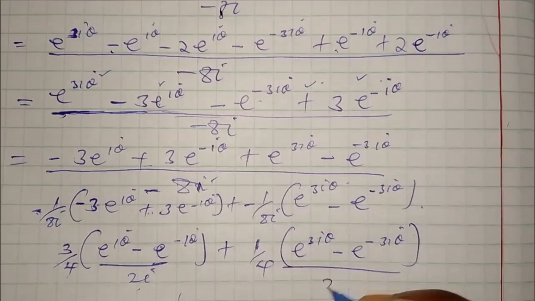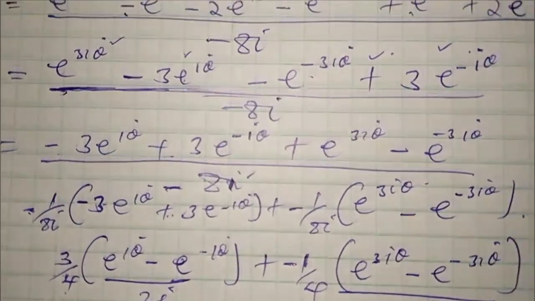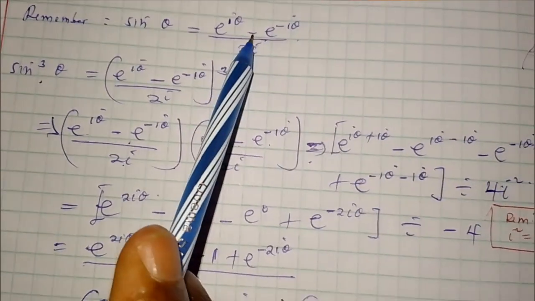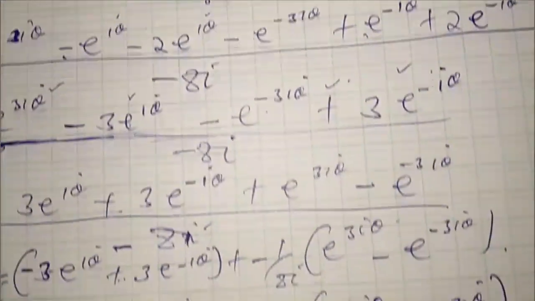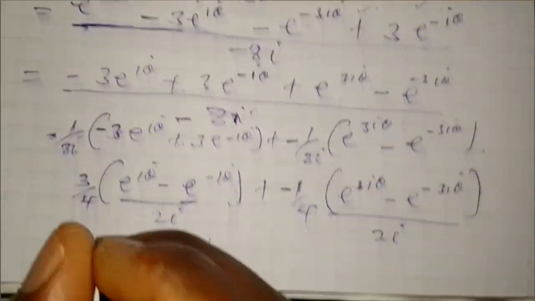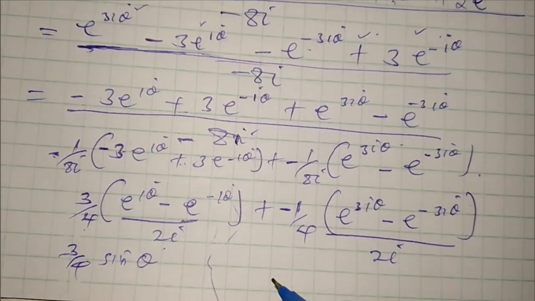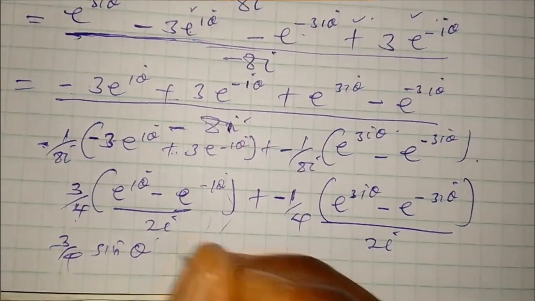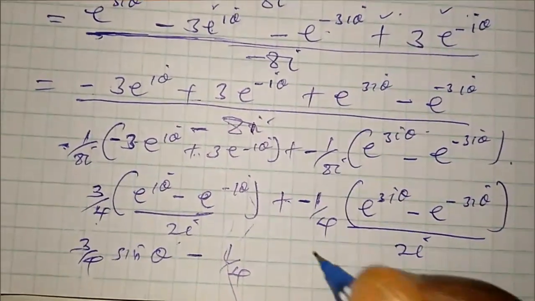over 2i. Remember here we have a negative. But sin θ is given by e iθ minus e negative iθ over 2i, as you can see. So the whole of this one becomes sin θ. So it is 3 over 4 sin θ. Negative times positive is a negative, a quarter sin